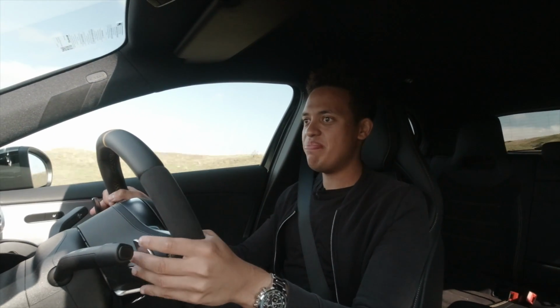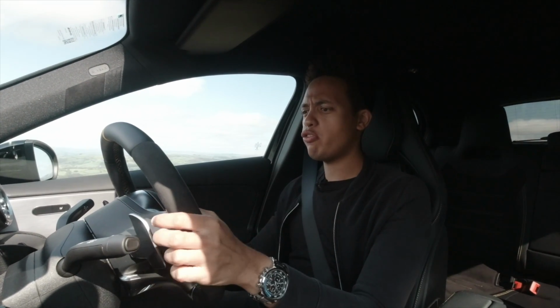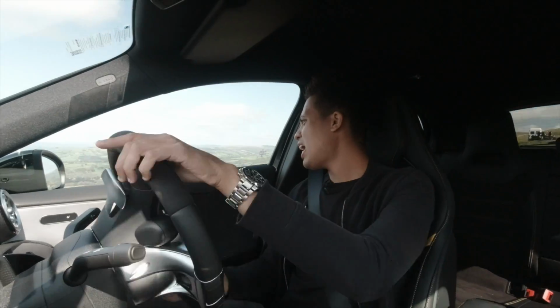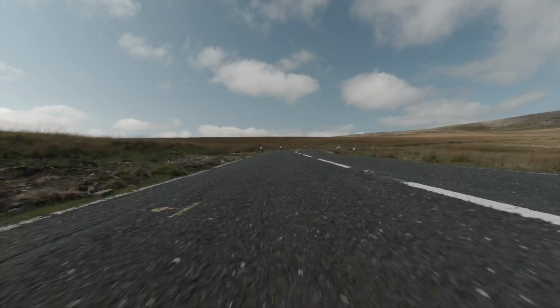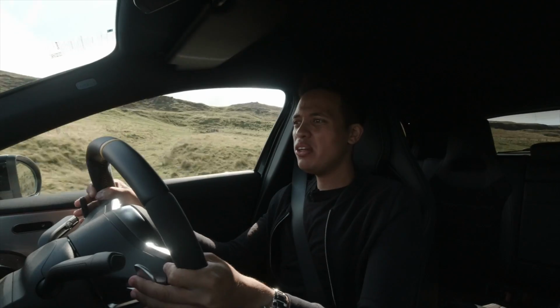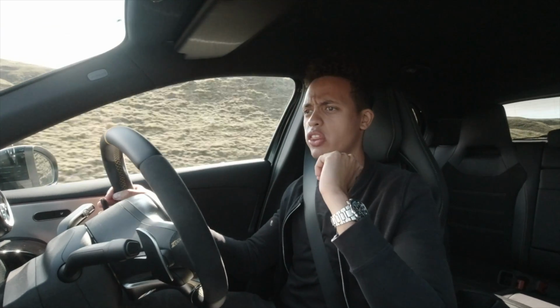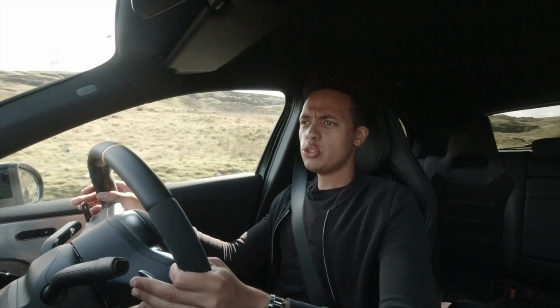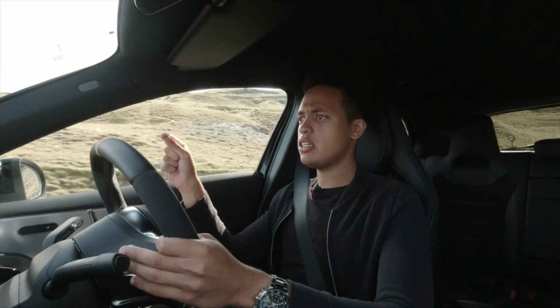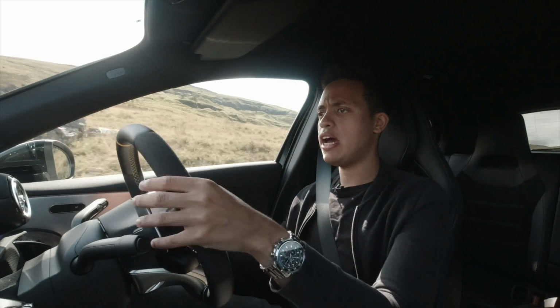Do you know what? This four-wheel drive system is actually very, very clever. It's the same sort of setup that you would find in the Mark III Ford Focus RS. I've driven that car, and if I'm honest, I wasn't too impressed with the four-wheel drive system. It felt a little bit, I don't know, fake. It would send power to one given wheel, whereas this does the same sort of thing, but it's way more effective. It's also very clever because even in normal running gear, this car does have a drift function, but even in normal driving modes, like in sport mode right now, it can